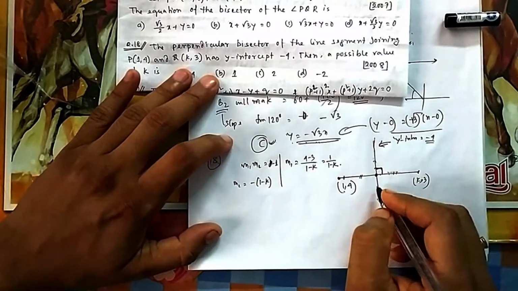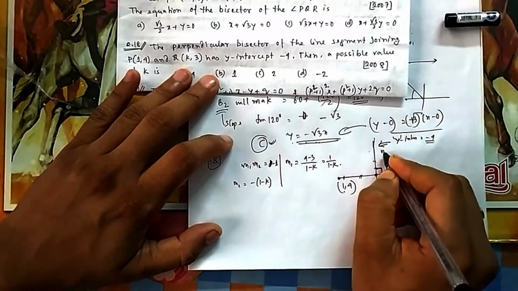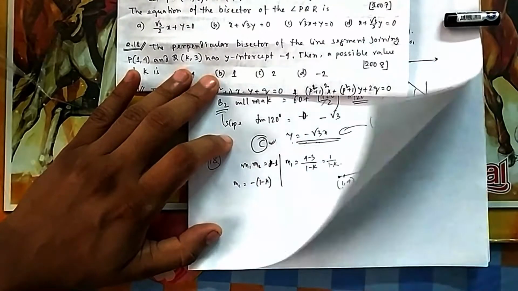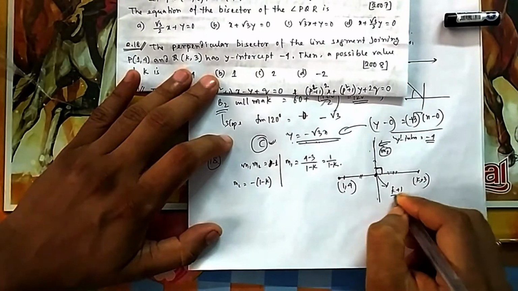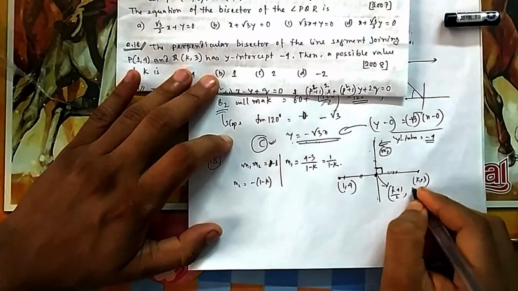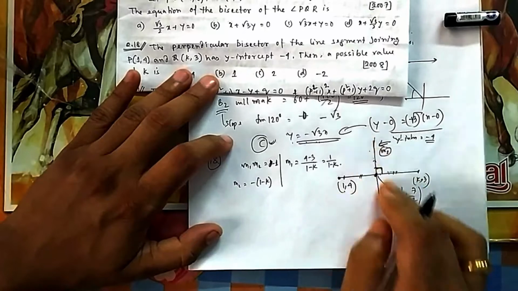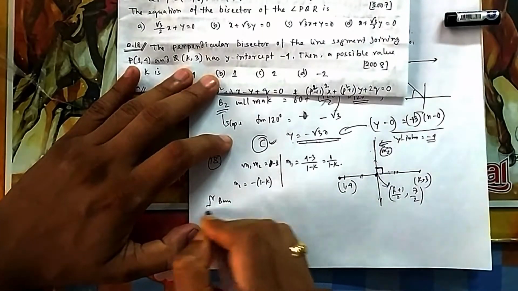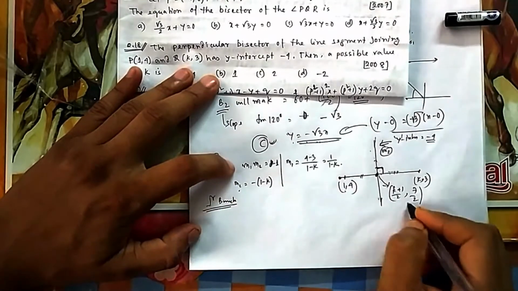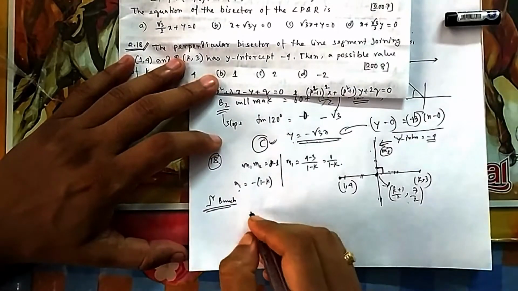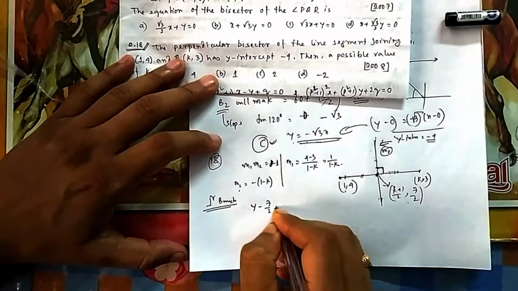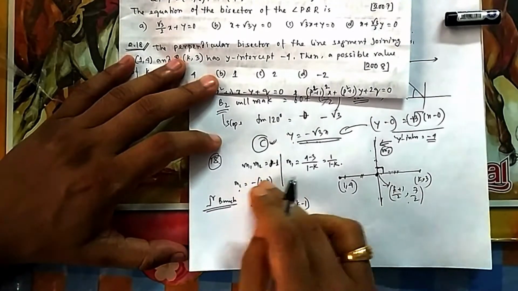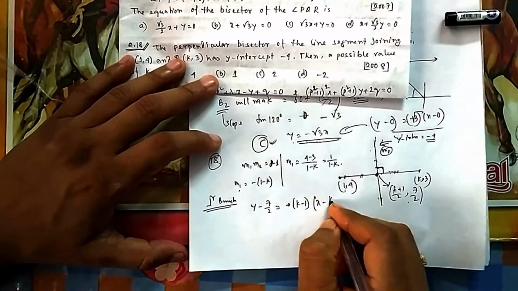Okay, once you know the slope of this line, this is the m2 slope. Do you know this point? Yes, this point can also be known because this is the midpoint. So it is (k plus 1) by 2 comma (4 plus 3) 7 by 2. So for this perpendicular bisector, you have the slope and you have a point. So you will apply the slope-point formula: y minus y1 is equal to m times (x minus (k plus 1) by 2), where m is k minus 1.